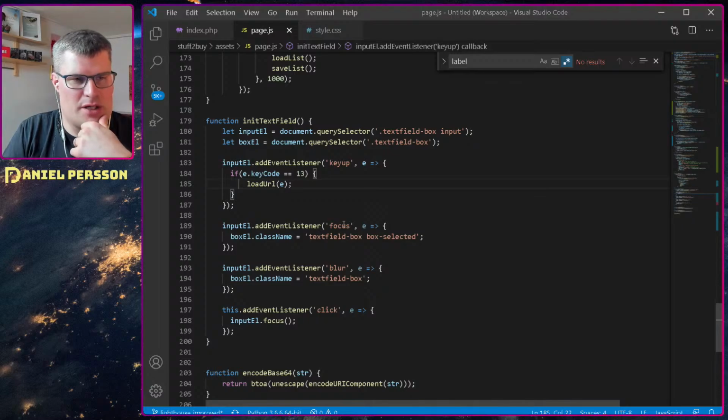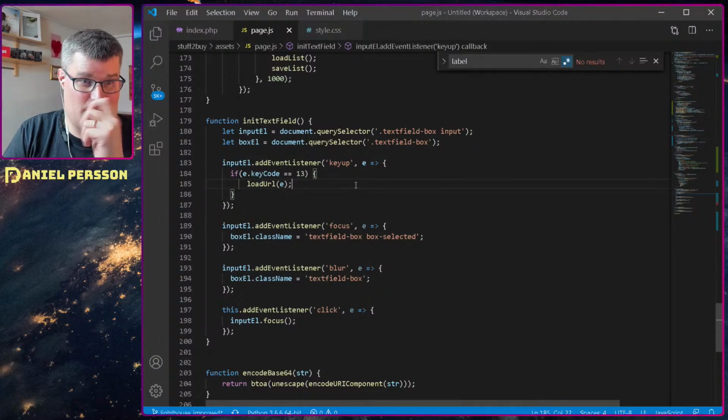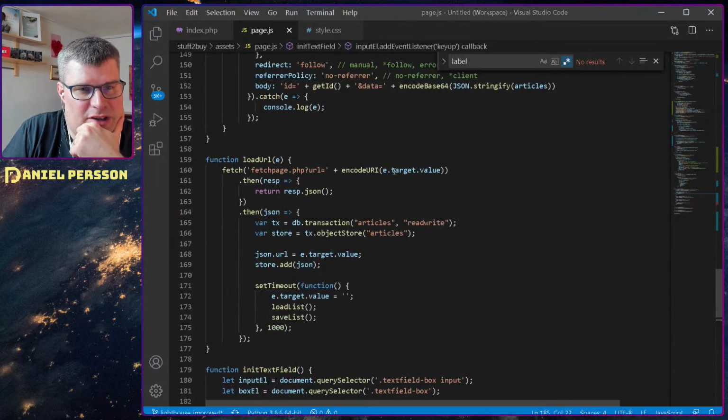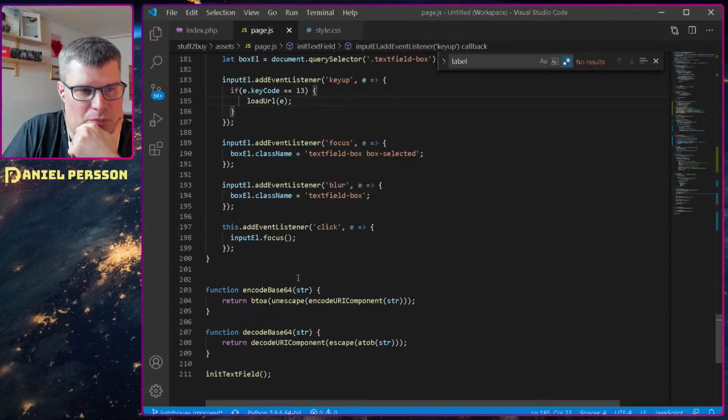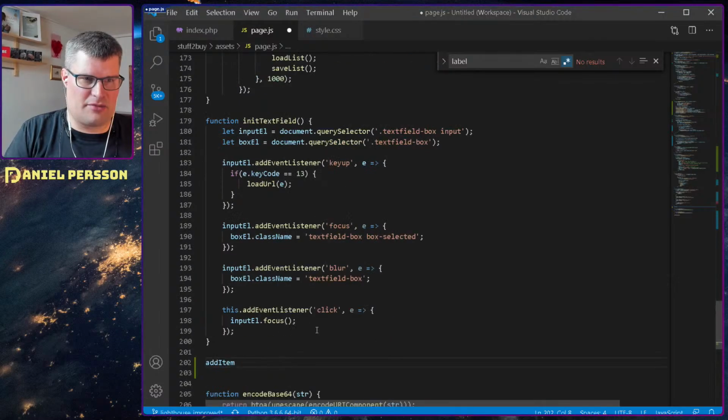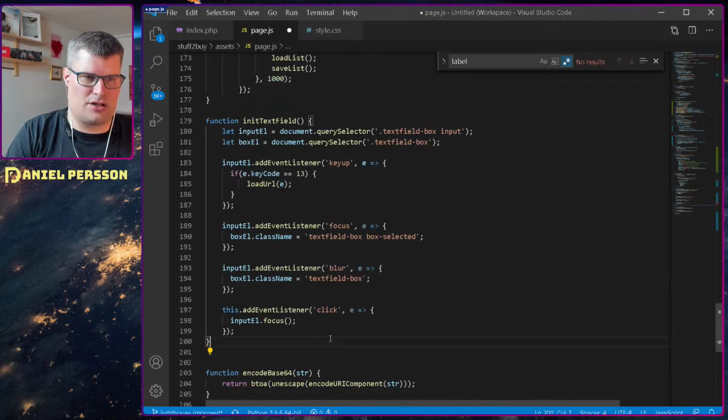So we need to do a load URL on that event. So that's no good. So this load event takes a target value of the URI. So that's good. But this add item function, we need to do,